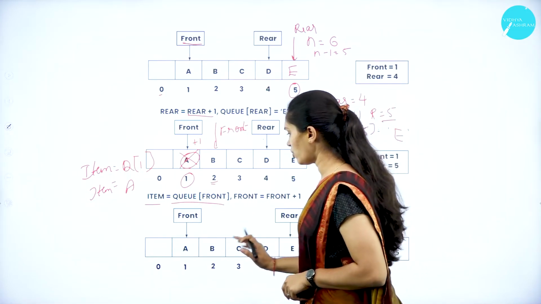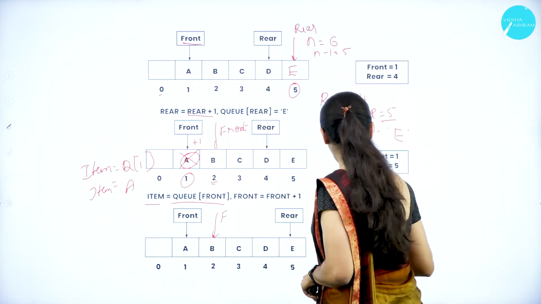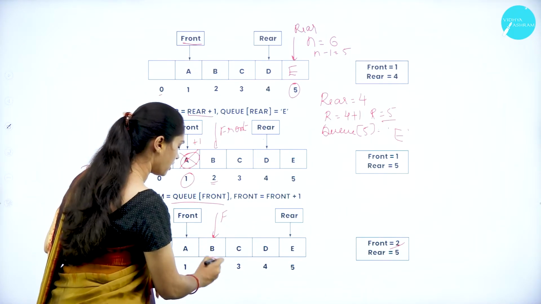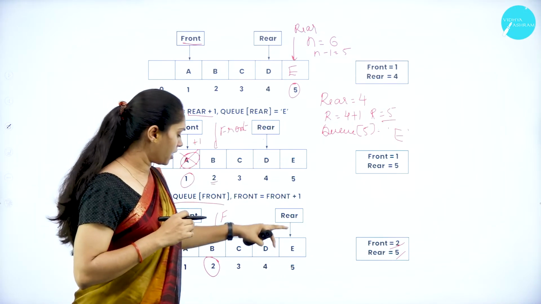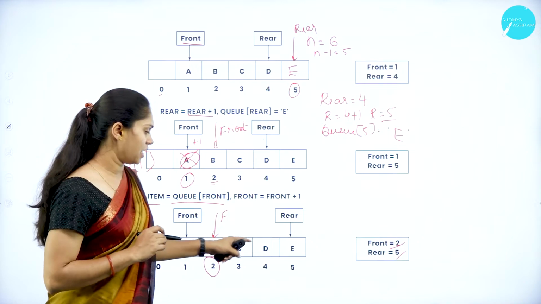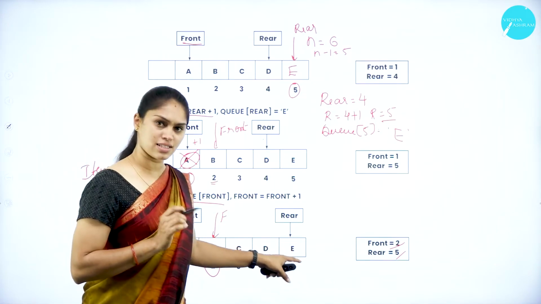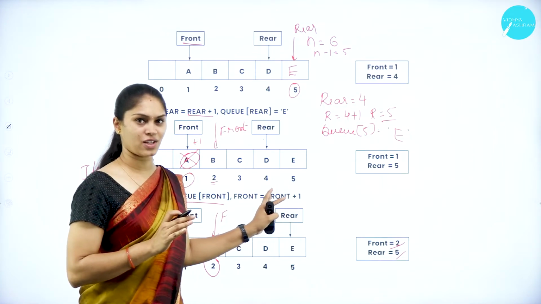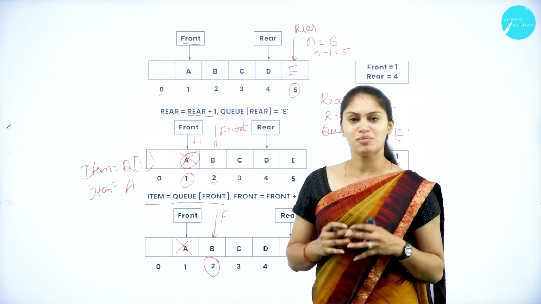So next, how is it going to look? The front pointer will be moved from this position to this position. So now front is 2 and rear will be 5. Okay, after adding this E to the queue, it will become A, B, C, D, E. So we have deleted A. So now we have only B, C, D, E. So B is indicated by the front pointer, and 5 is the location that has the element E, and that will be indicated by rear. Okay. So this is how the memory representation of a queue using the array concept happens.